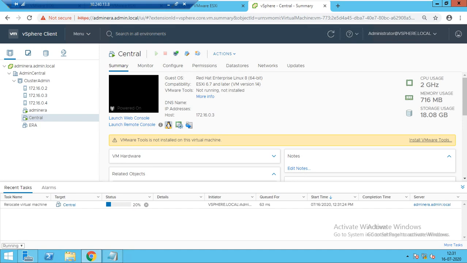You can see now this machine is relocating. It will take some time. It's at 33%, about 35%, 46%.